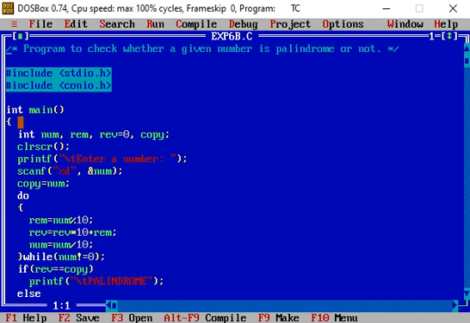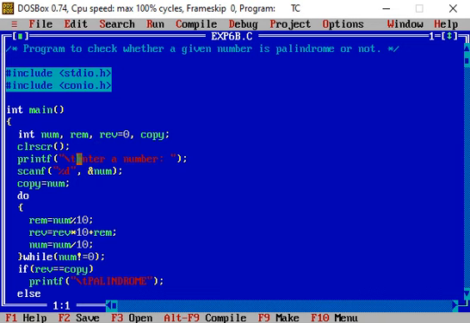Then within the open and close braces of the main function, the first statement defines integer variables num, rem, rev and copy. Simultaneously rev is initialized to the value 0. The rev variable is used for the reverse number. Then the clrscr statement clears anything previously written on the output screen.